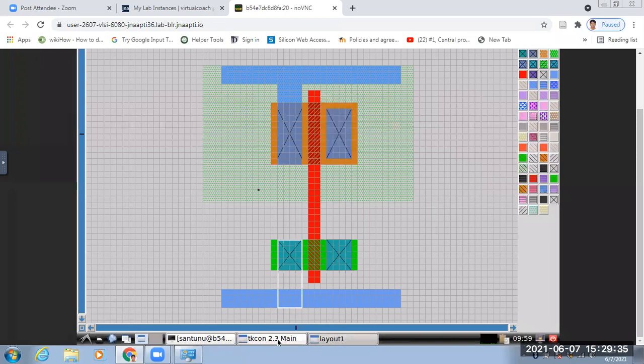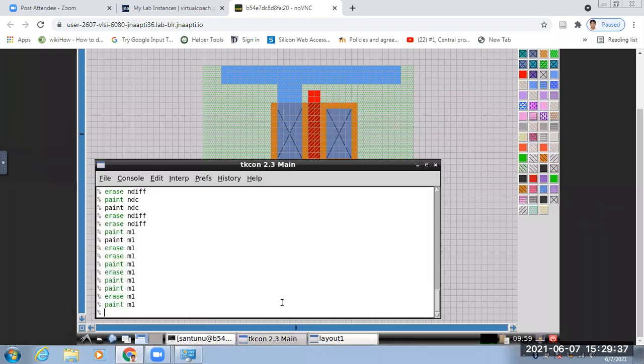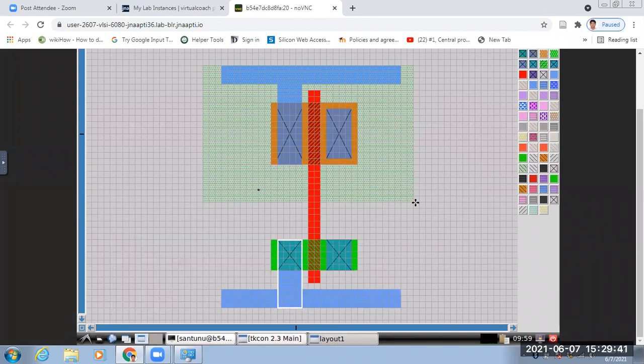Okay, so this is metal one. Again, you will put metal one. So there is no DRC. Now put metal one from this to this.